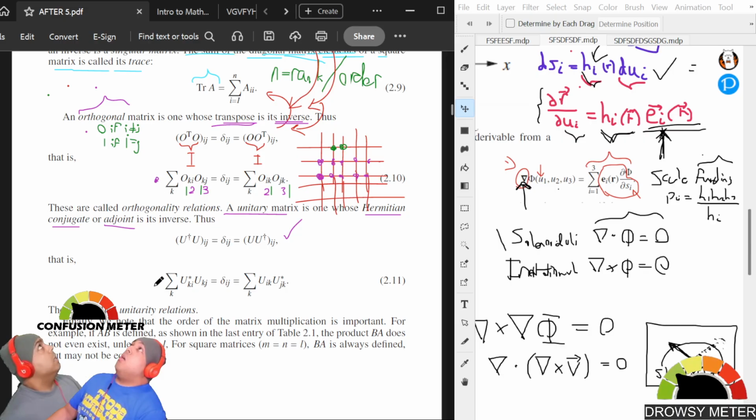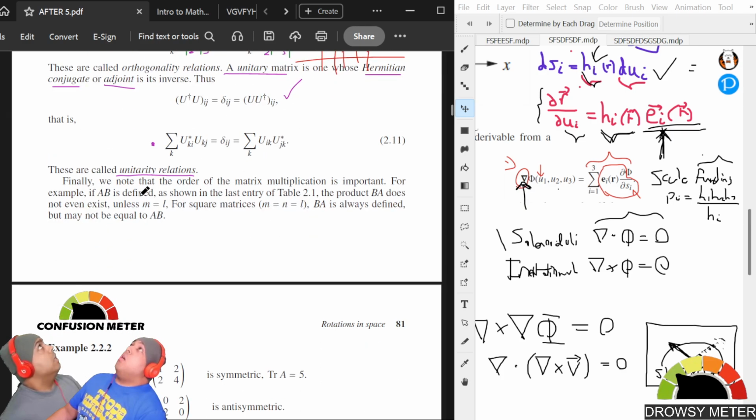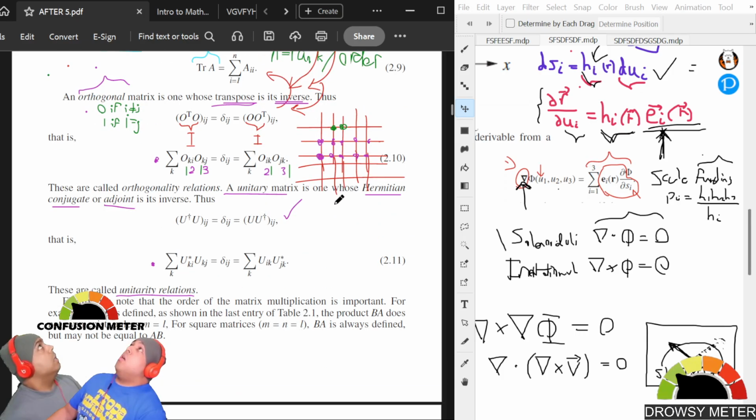I'll have to look at this. UKI, UKJ equal blah blah blah. These are called unitarity relations. Finally, we know that the order of the matrix multiplication is important. For example, if AB is defined as shown in the last entry of table 2.1,